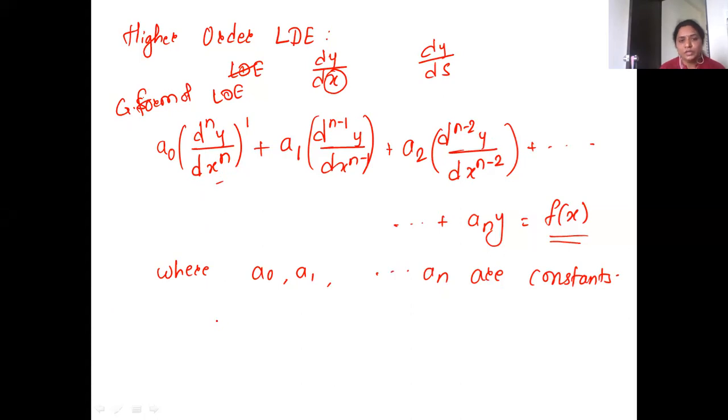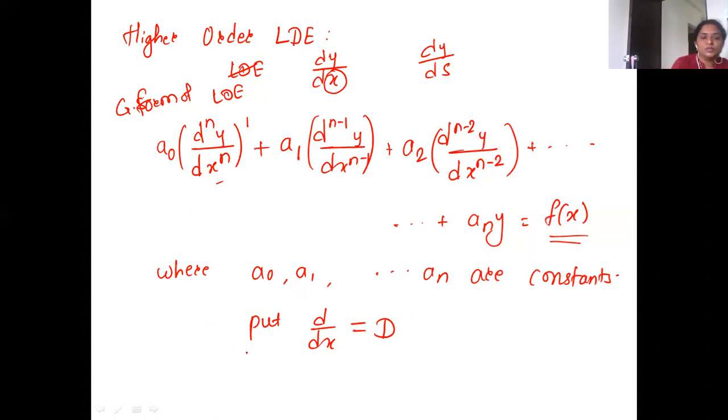So what we do henceforth in the whole unit: whenever you see d by dx or d by ds, whatever, you just check your independent variable. Here d by dx is there, so that d by dx we are substituting as capital D. After this, the derivative is called by capital D. So whenever we see capital D in a given equation, it is nothing but the derivative.